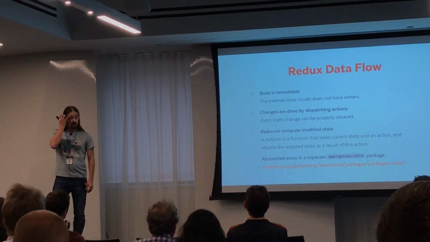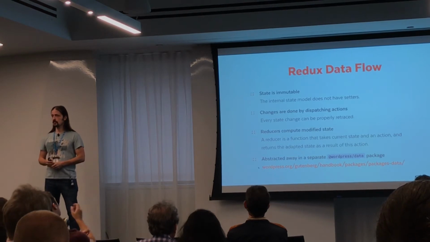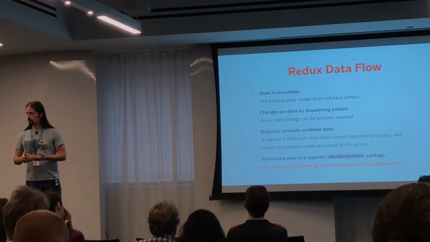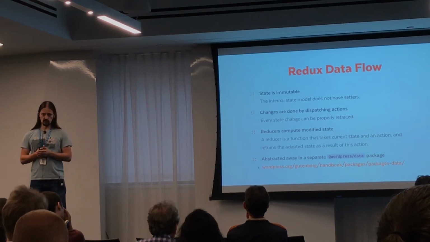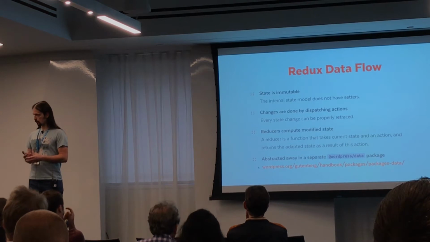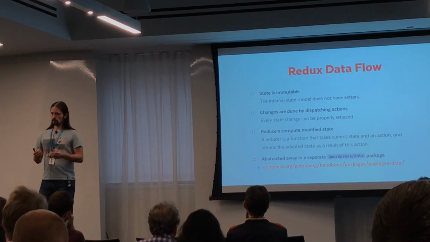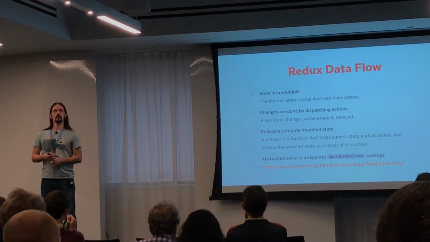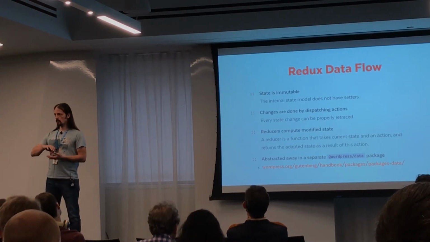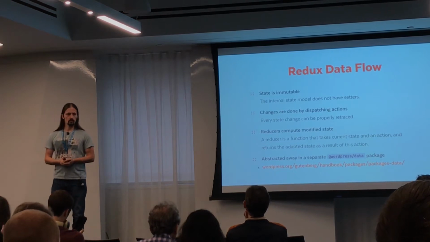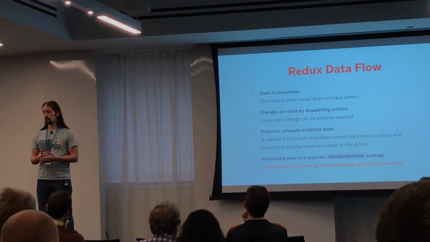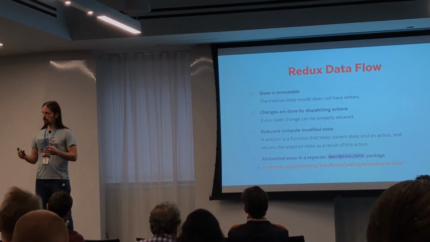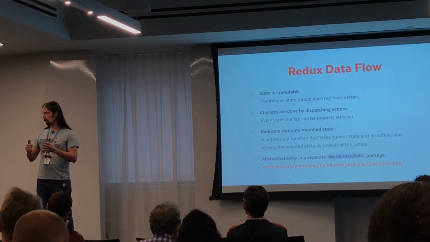The next challenge that comes up that is a bit more conceptual in nature, and a lot of people have trouble with grasping the concept, is the data flow that is used with Gutenberg. The data flow is based on Redux. Redux is a React flavored version of a Flux architecture. So basically it tries to solve the issues that come with more complex